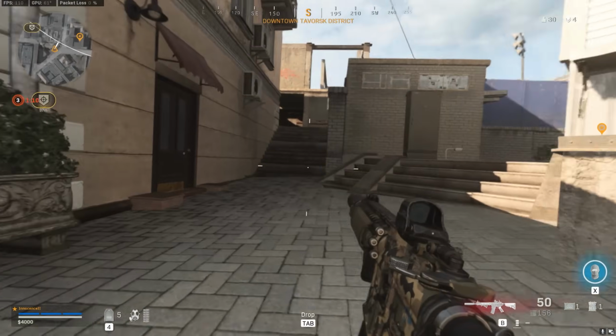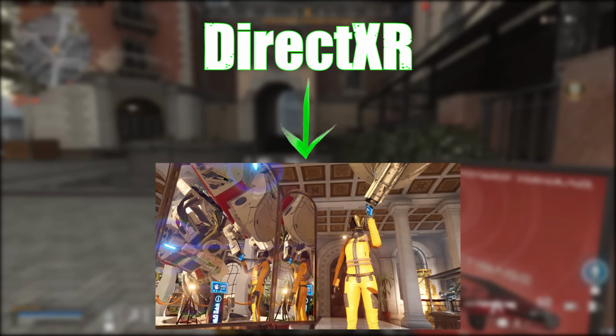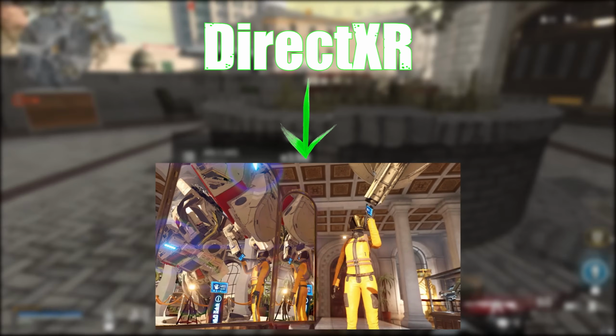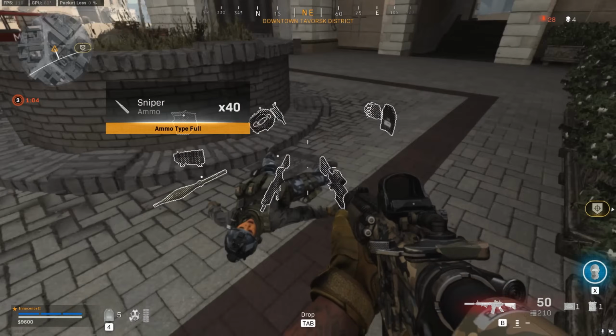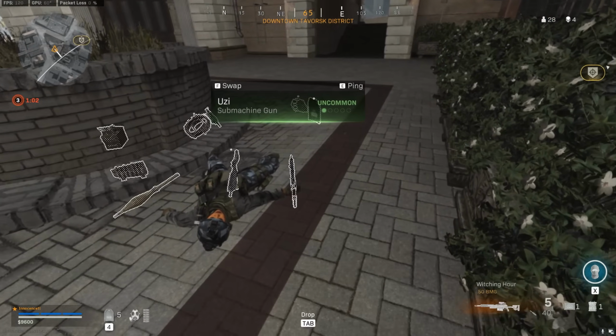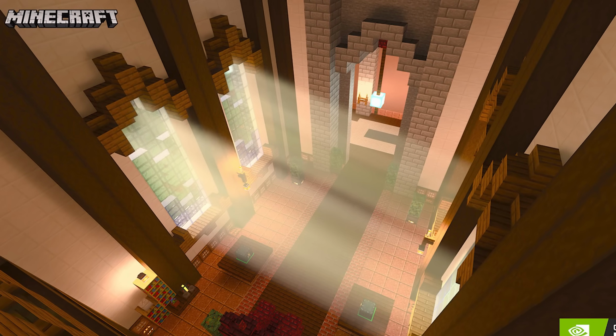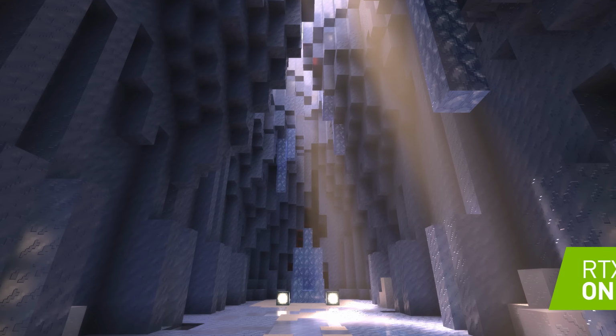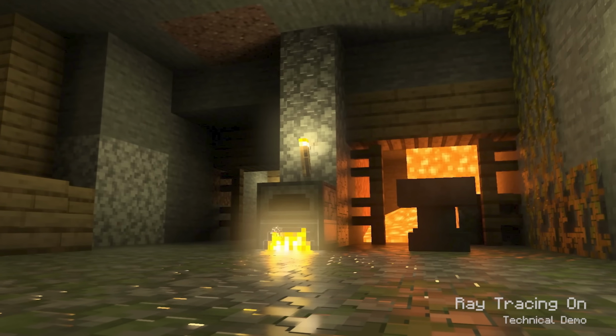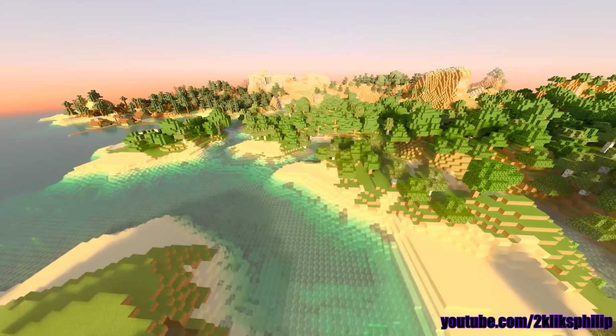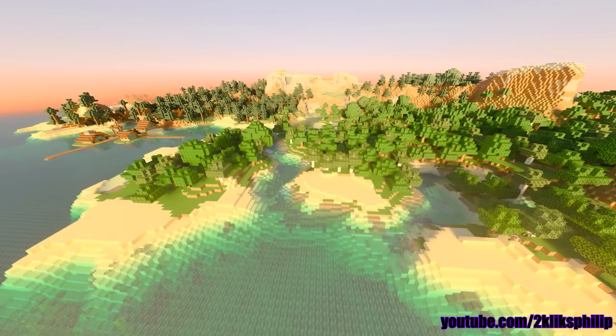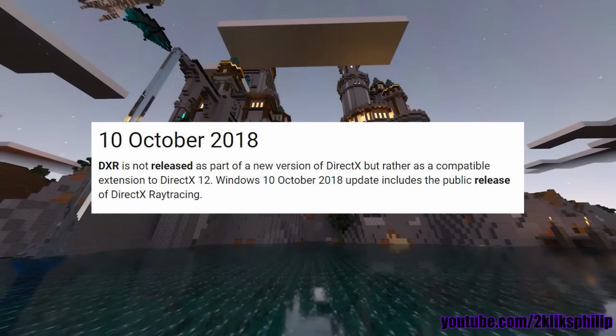Without getting into too much detail, DirectX Ray Tracing aims to bring photorealistic lighting and shadows to Xbox later this year. If you want an example of how this might look, I'm going to throw up some images of how Minecraft looks when ray traced, since everybody seemed to like the last example that I gave in my last video. As you can see, it's a pretty impressive technology, and quite frankly astonishing that Microsoft managed to get this feature on the Xbox, being that it's only been available on PC for less than 2 years